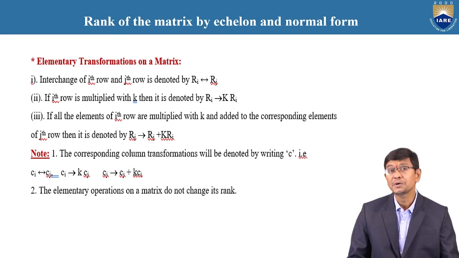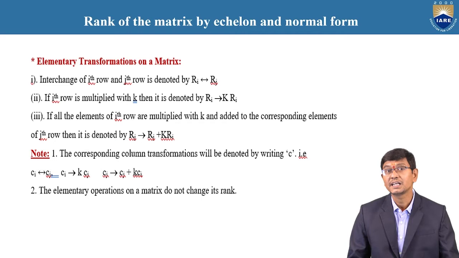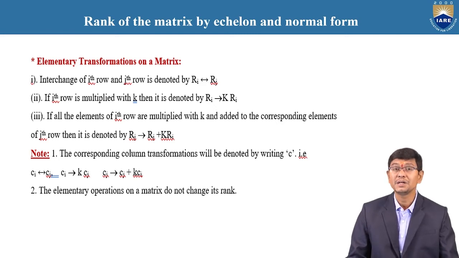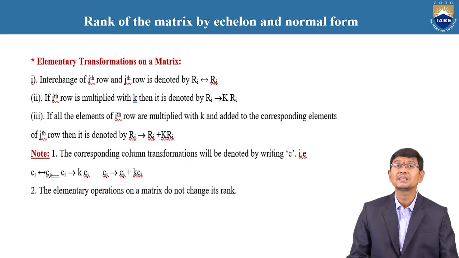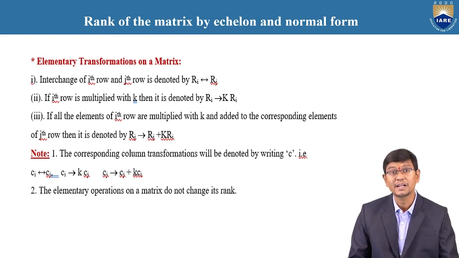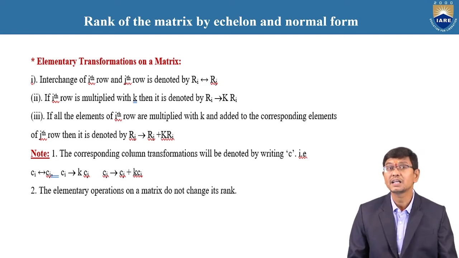These are very important to understand before going to echelon form and also the normal form. First of all, we need to understand the conditions of the elementary transformation of the given matrix. If three conditions are satisfied, they are known as elementary transformation. We are going to discuss that particularly with the help of the row operation, that is elementary row operation, and then the column operation specifically, that is elementary column operations, or column transformation. First of all, we need to understand the clarity regarding the elementary transformation.